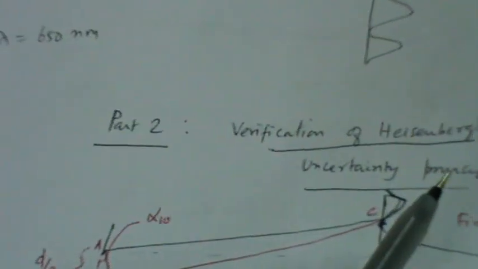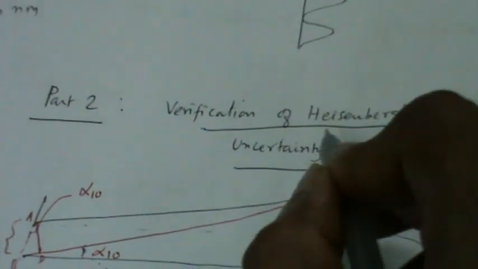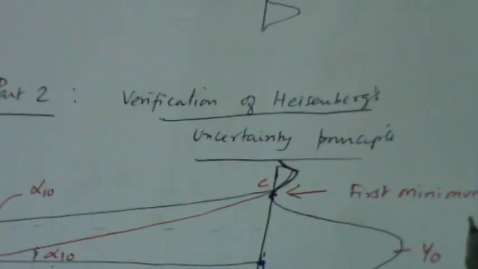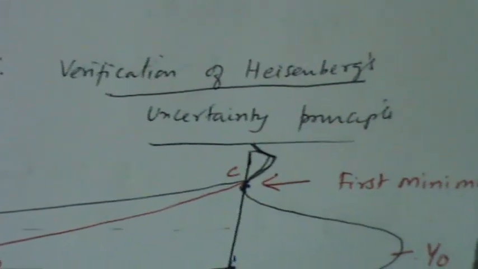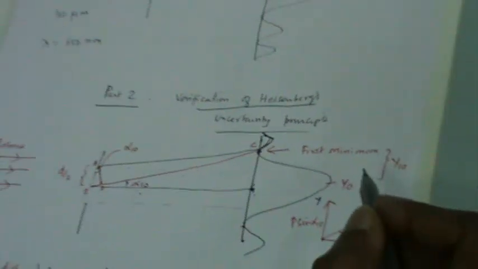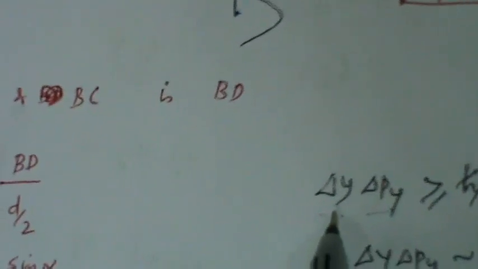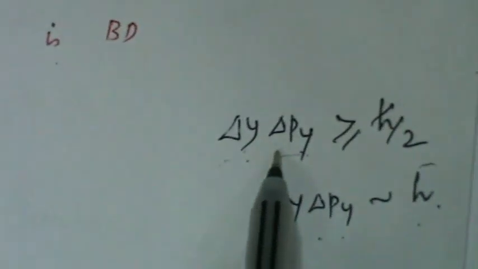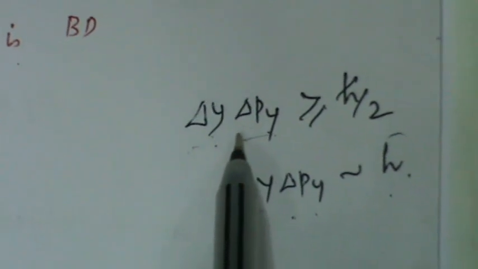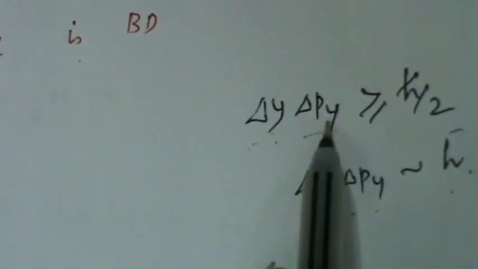Second objective of this experiment is the verification of Heisenberg's uncertainty principle. I hope you all would have learned this in quantum mechanics class. What essentially it says is that if I represent delta y as the error in the measurement of position of, say for example, a microscopic particle such as an electron, and delta py is the error in the component of momentum,